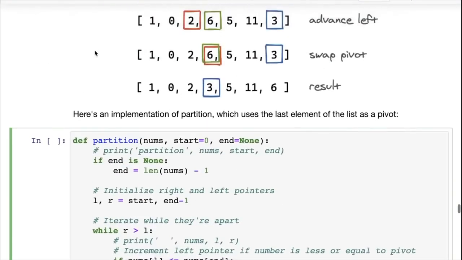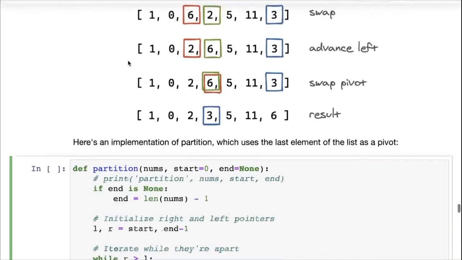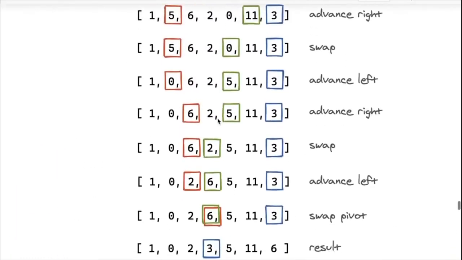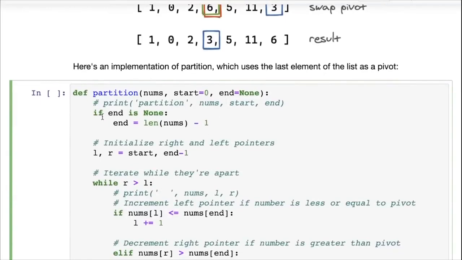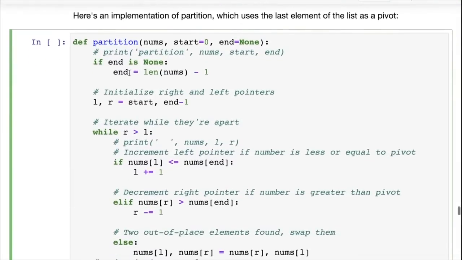Okay, so one exercise for you is to explain this visual approach in plain English step by step, and then the second exercise for you is to read the code and understand it, or maybe even try to write it from memory. So just take the English description and try to write the partition function from your memory. Not memorize the code itself, but convert the English text into code. Okay. So once again here, we have the nums, the